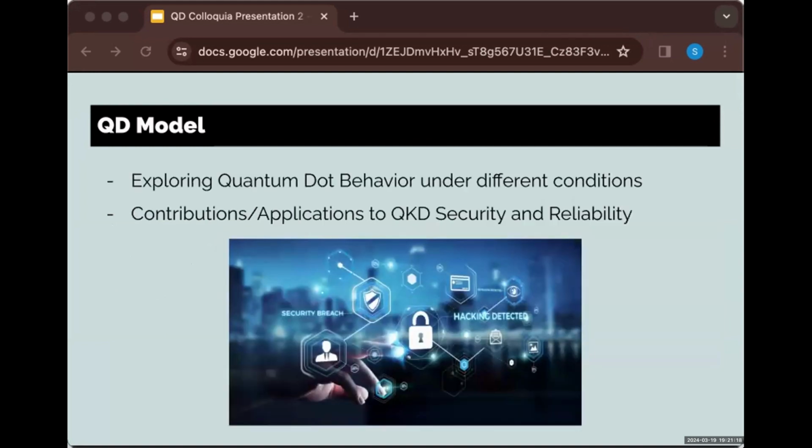Now let's see how quantum dots behave within the QKD system. Our tool of choice for this exploration is the VQE, or Variational Quantum Eigensolver algorithm, as said before by Xiangtuo. Think of VQE as a precise investigator on a mission to unveil the ground state energy for our quantum system, kind of like a detective probing the stability of quantum dots within the QKD setup. The method involves adjusting variational parameters, essentially tweaking the conditions to simulate different scenarios. It's similar to orchestrating controlled experiments to observe how quantum dots respond within the QKD framework.